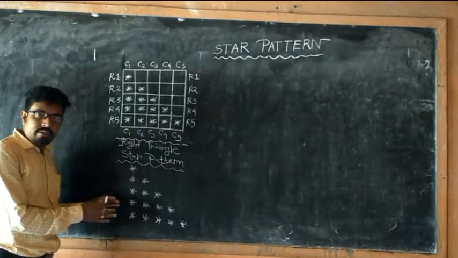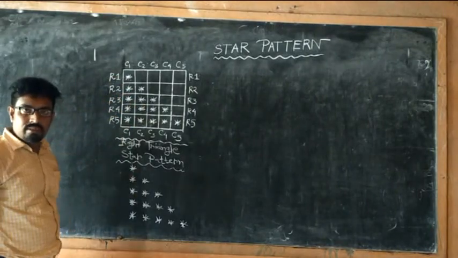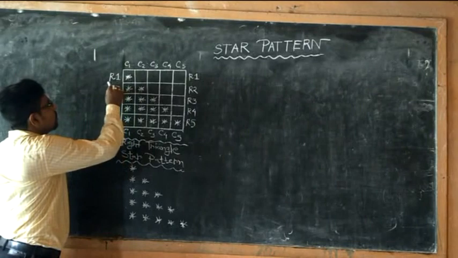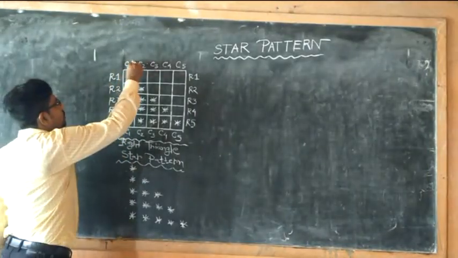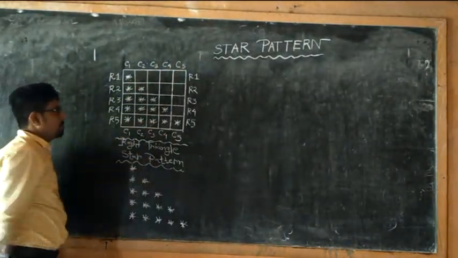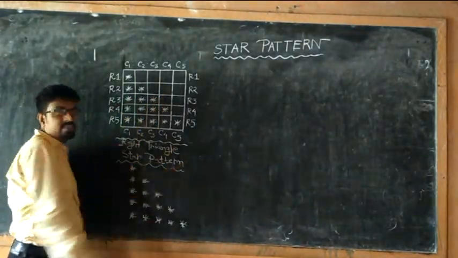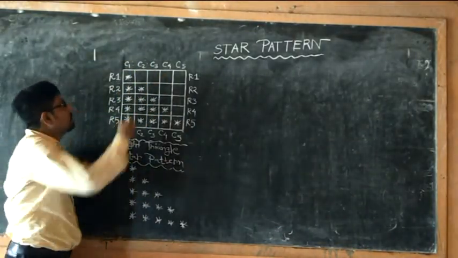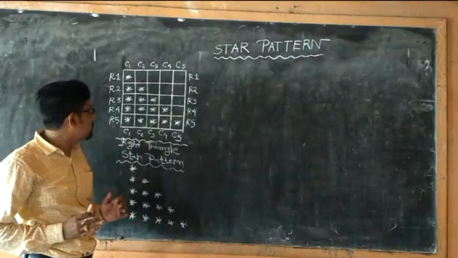If we implement and observe it in a table, how does it look? 1, 2, 3, 4, 5. 5 rows are here: row 1, row 2, row 3, row 4, row 5, and 5 columns: column 1, column 2, column 3, column 4, column 5. As you all know, students, all horizontal lines in the table indicate the rows, and all vertical lines indicate the columns. This one is the column number, this one is the row number. We just consider it for our better understanding, students.